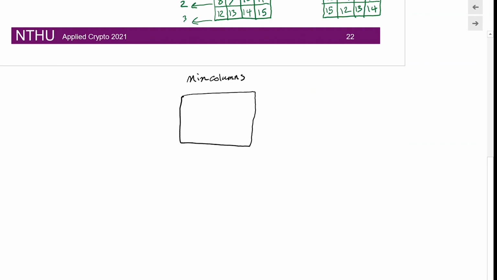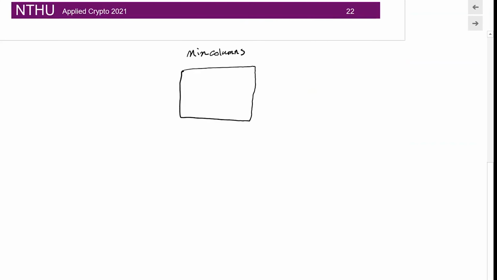So in the mixed columns, the story would become a little bit different. So I want to look into the columns. I don't care about the rows anymore. So I will call this one word number 0, word number 1, word number 2, word number 3, and then